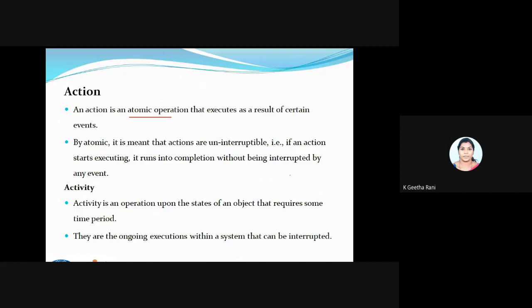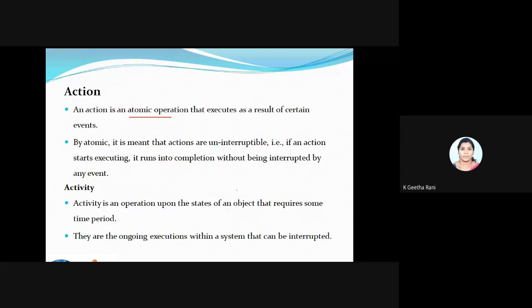For example, if a state has started performing an action, till it reaches its completion, there should not be any interruption. That is called an atomic operation. So when you're going to draw a dynamic diagram, we have to keep an eye on this. I'm going to perform an action there, and there should not be any interruption for an action. When we jump from one state to another state, there should not be any interruption for us. There should be a smooth way of reaching it.